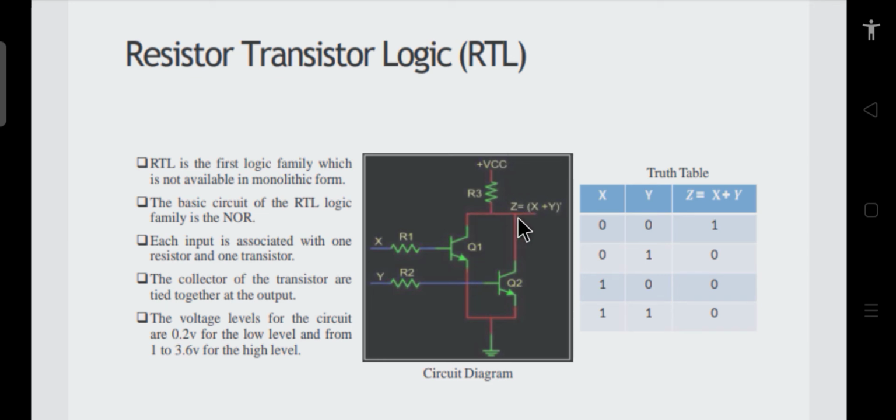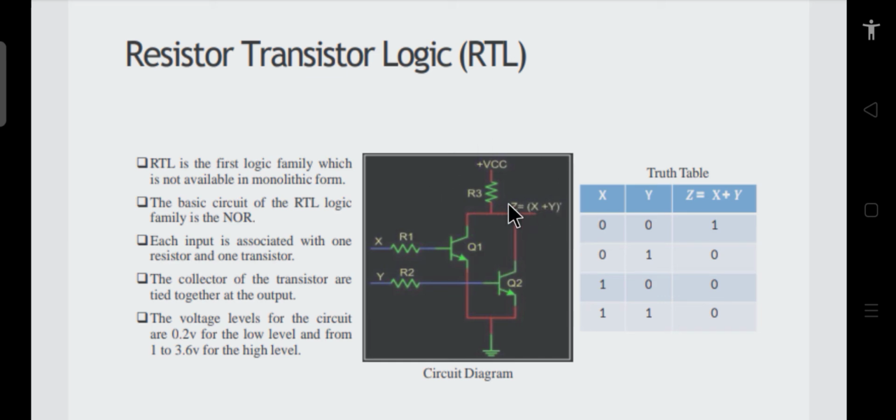So here the voltage available will be equal to just VCE, which is somewhere near 0.2 volts, and that is why this voltage will be very low, and this is called off. So the output will be 0 in this case. When any of the inputs or both the inputs are 1, either this or both of these transistors are on, and the voltage available at this terminal will be 0, which is actually VCE, and VCE is very small.